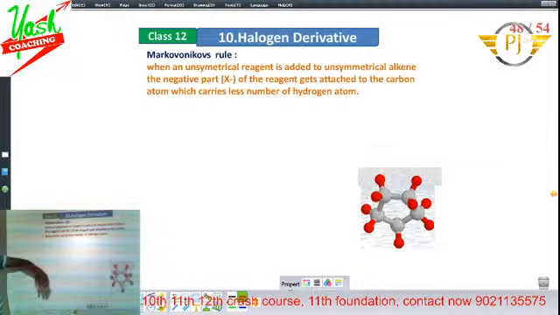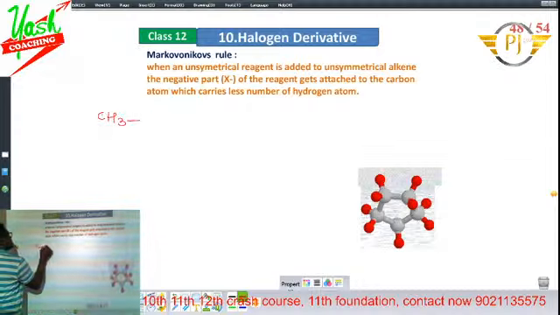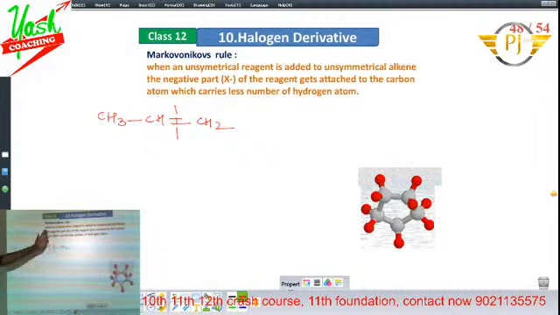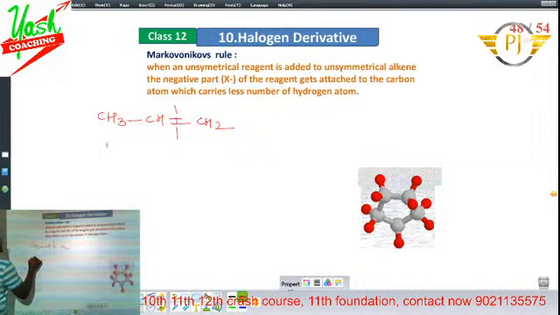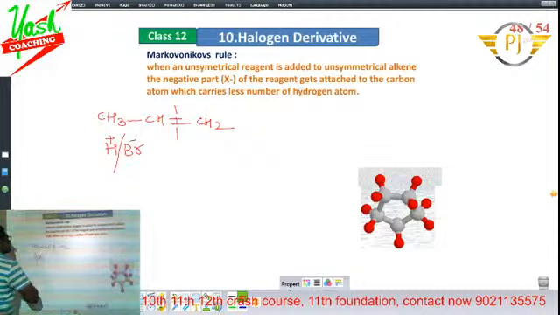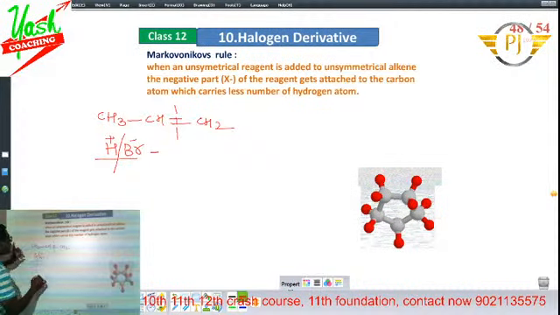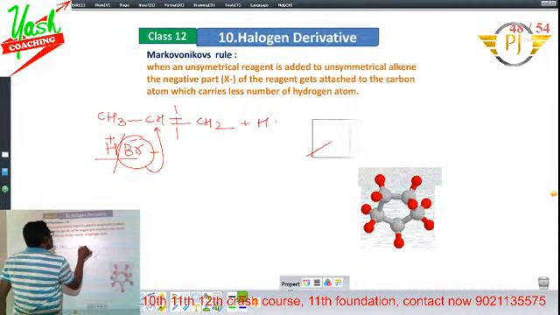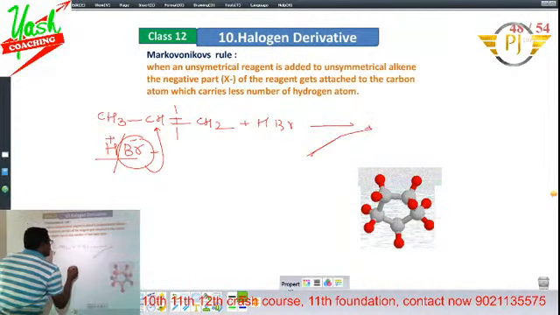When an unsymmetrical reagent is added to an unsymmetrical alkene, the negative part of the reagent gets attached to the carbon which carries the less number of hydrogen atoms. Consider the example: this is an unsymmetrical alkene, because if you cut the molecule we do not get two symmetrical parts. Secondly, the reagent HBr is also unsymmetrical, because this is the positive part and this is the negative part. So the negative part attaches to the carbon with fewer hydrogen atoms. That's why we get 2-bromopropane